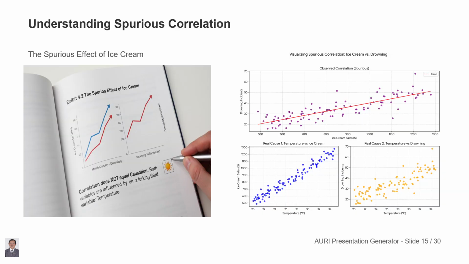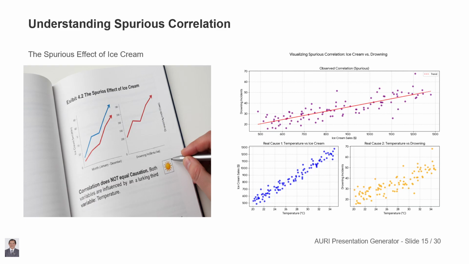Exhibit 4.2 helps illustrate an important statistical concept: spurious correlation. The diagram shows a strong positive correlation between ice cream sales and crime rates. This suggests that when one increases, the other also tends to rise. However, despite this apparent link, it would be incorrect to conclude that eating ice cream directly causes an increase in